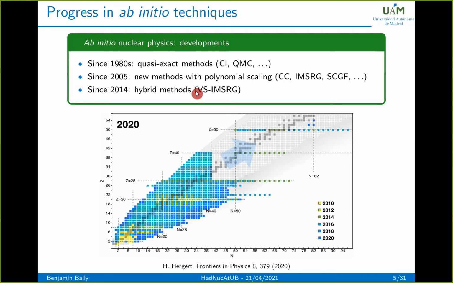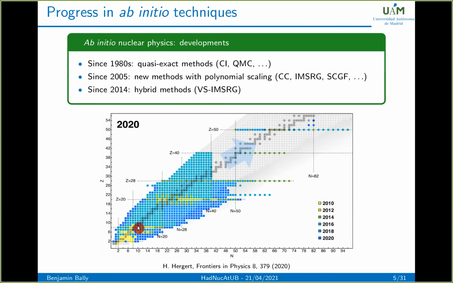So people have developed new methods, like the ones I described, and more recently, people have also tried to build, let's say, hybrid methods, like what is called valence space IMSRG. That is a method that basically, if you have heard about the traditional shell model calculation in nuclear physics, I guess in Barcelona you have Javier Hernandez, so maybe you have heard of that. It's basically a way to build a shell model from first principles, where thanks to this IMSRG method, you build a Hamiltonian that is adapted to a given valence space, and then you perform exact diagonalization in this valence space.